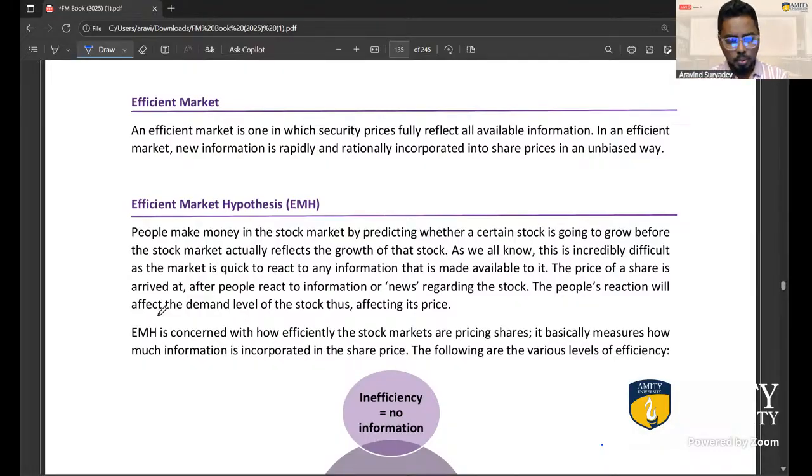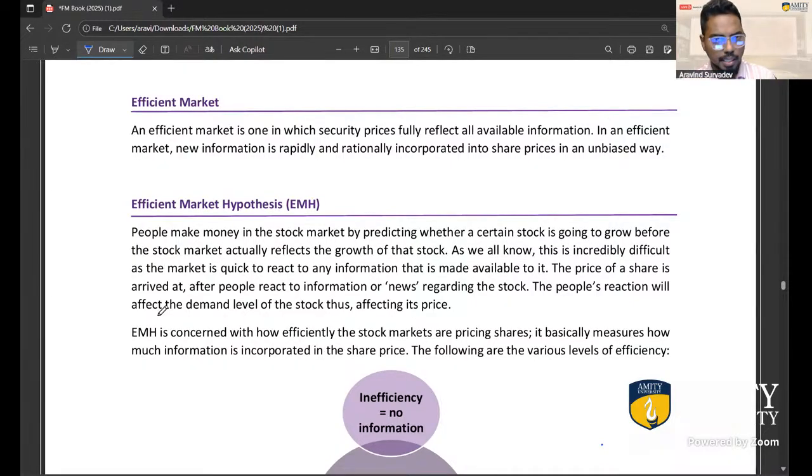Yeah. The rules of a market are very simple. See, if you know something, a lot of people would know that, right? So then how will you beat the market? This is exactly what an efficient market tells us. See, there are different levels of efficiency that we can see in the market. Efficiency means how fast is the price of a share, yeah, taking into account any news, right, or any information about the company.